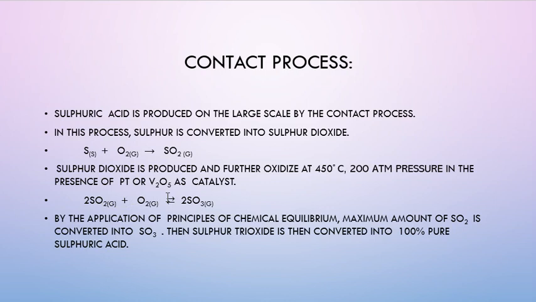And if we change the pressure on this reaction, how are we going to change the pressure? If the reaction takes place in a closed container, we change the lid of the medium or put some weights on it, then the pressure is going to increase. If this pressure is favorable for production of sulfur trioxide, then more sulfur trioxide is going to be produced. And if this increased pressure is not favorable for sulfur trioxide, then the sulfur trioxide is going to decompose into sulfur dioxide and oxygen.